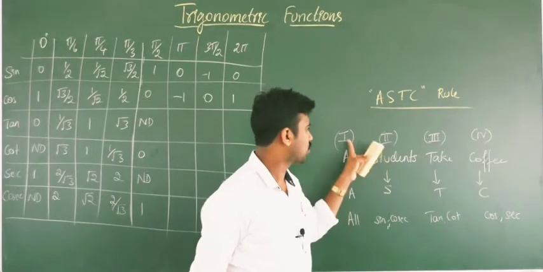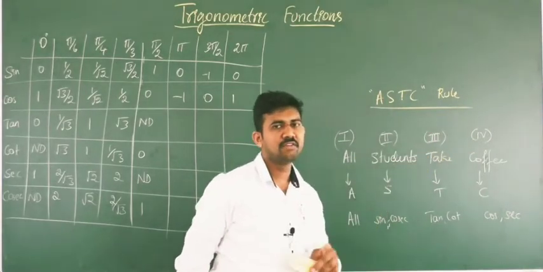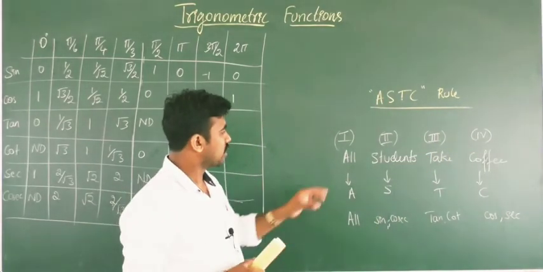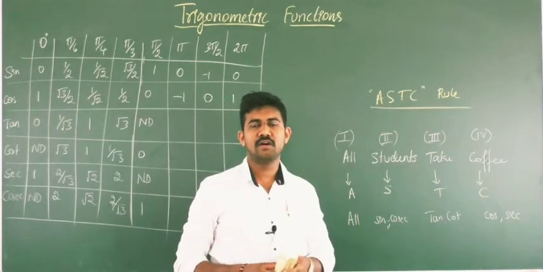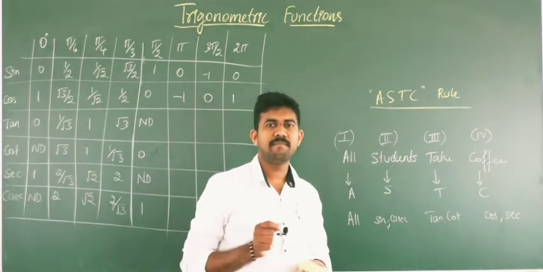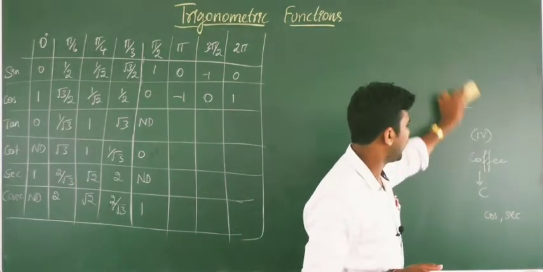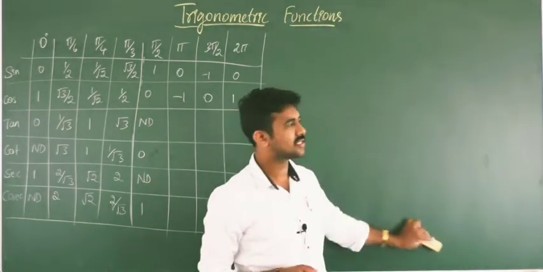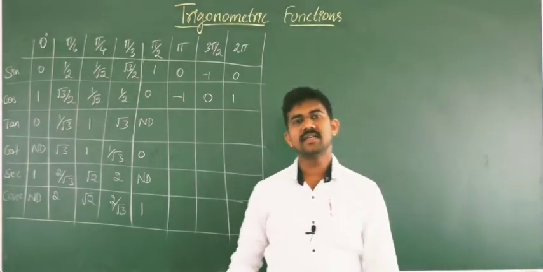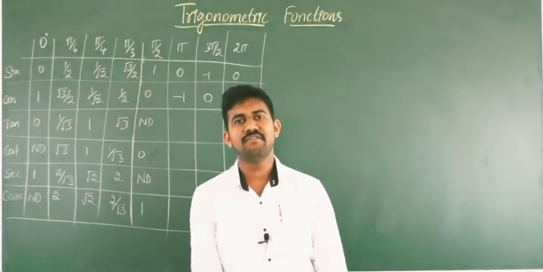Here we have the first quadrant, second quadrant, third quadrant, fourth quadrant. So according to quadrants we get the signs of trigonometric functions like this. Now, the integral multiples of pi by 2 are called quadrantal angles. So we saw the sine and cos values for quadrantal angles.